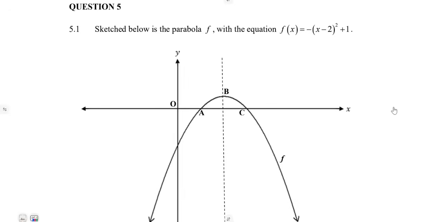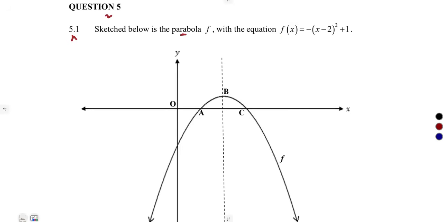We had question number 5, where we are given 5.1: sketched below is a parabola. We are given the sketch of the parabola, which is given as f, with the equation f of x is equal to minus into x minus 2 squared plus 1. This presentation that we are given,